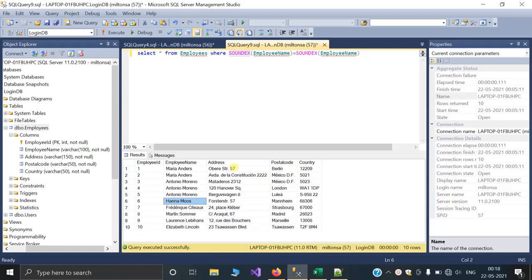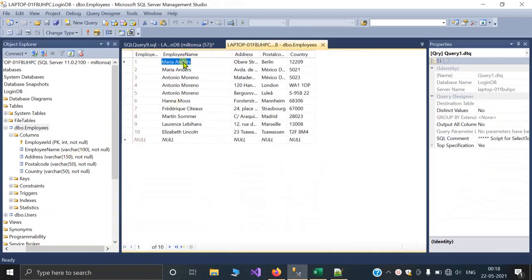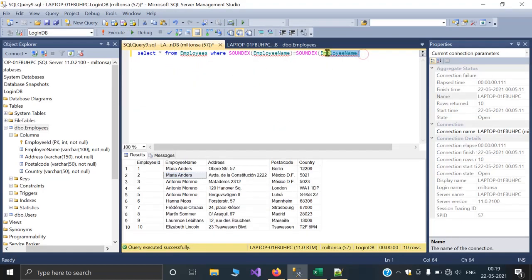Now if you change the spelling of any one of these two values, suppose I have changed the string Maria Anders, instead of I, here I have written Y. Here you can see these two spellings are different, Maria and Marya, but the sounds are the same. Now SOUNDEX will work. Let's see. Now execute this query.